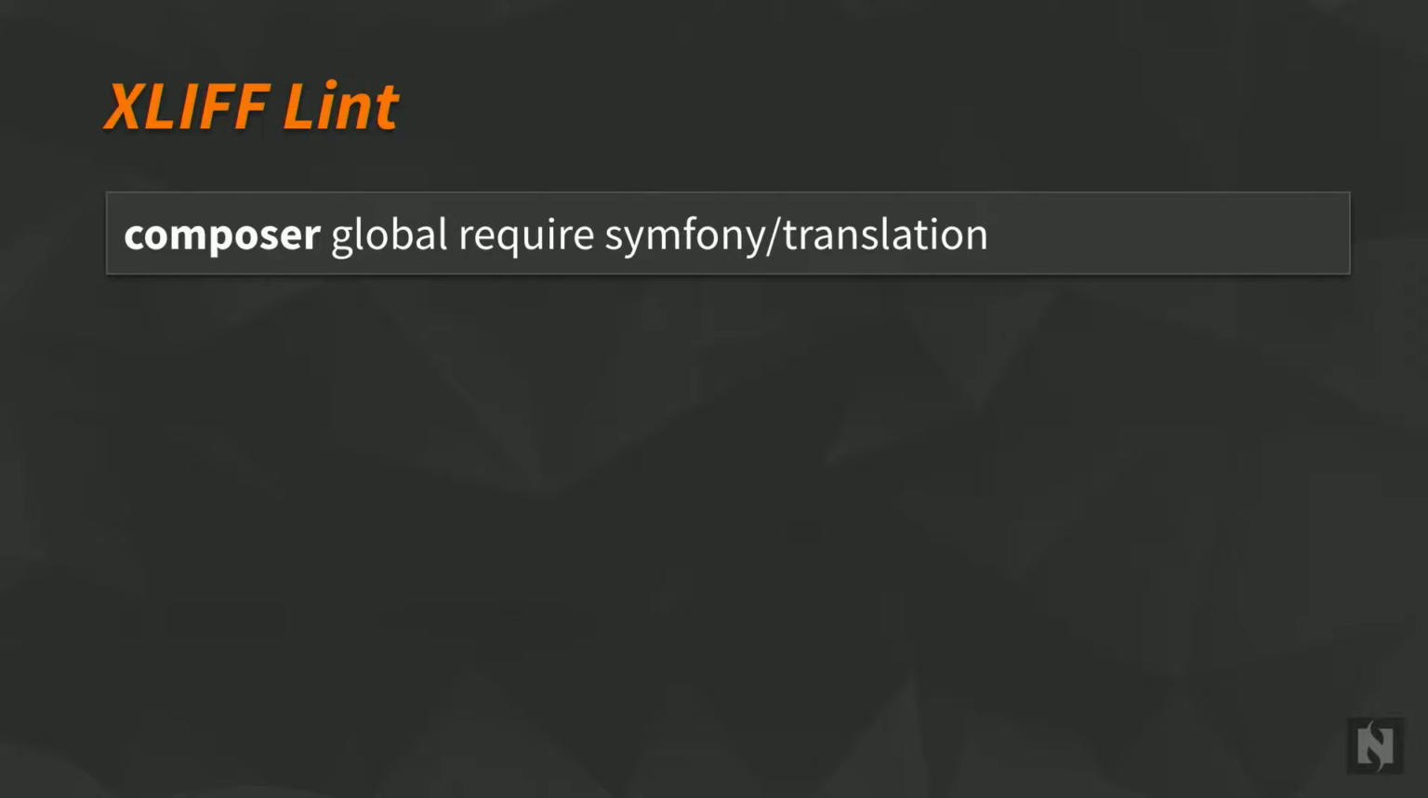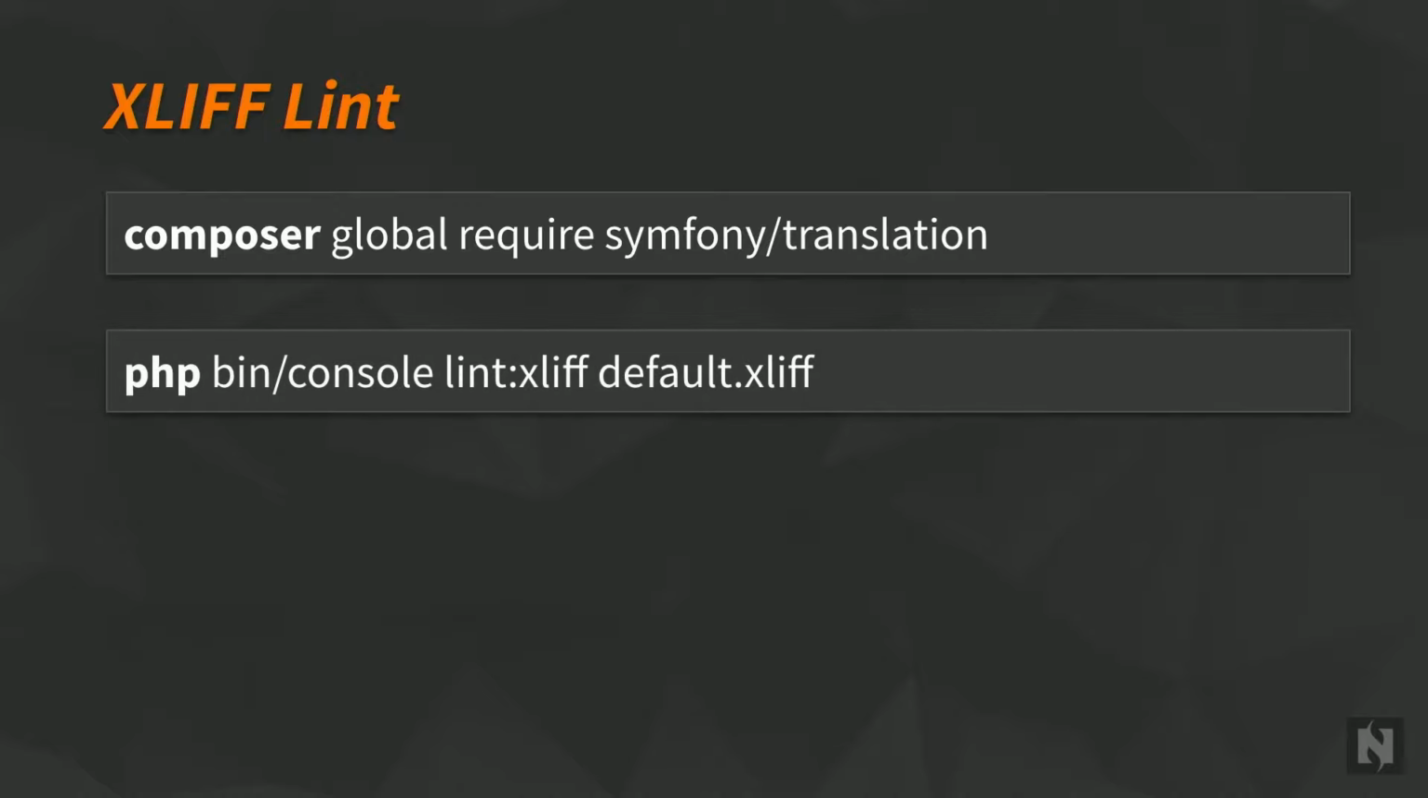XLIFF stuff, we are using it in TYPO3 for the localization. There is also Lint available with Symfony translation. Basically, they are maintaining this XLIFF. You can just install the Symfony translation and write the command if you want to just have the one file,